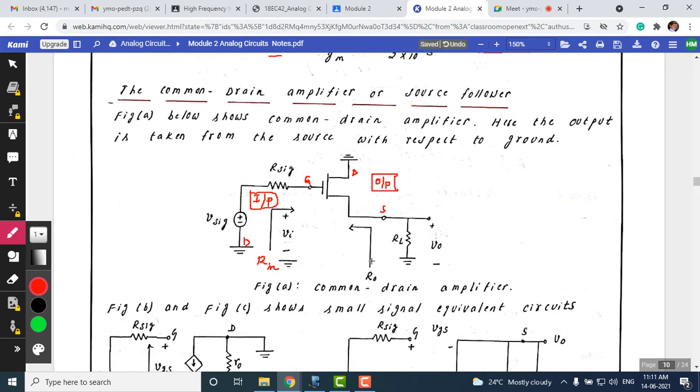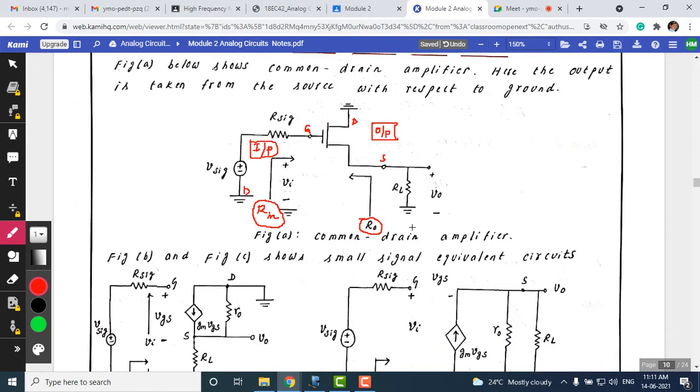And output resistance is when you look at the source terminal, the amplifier output, which is source and drain, the resistance which is measured is denoted as R naught. So these are the other two parameters of the amplifier, R in and R naught. Okay. So now let us write the equivalent circuit of this, because we don't know what all the parameters come with the MOSFET here. So to know that, we need to write an equivalent circuit for the MOSFET.